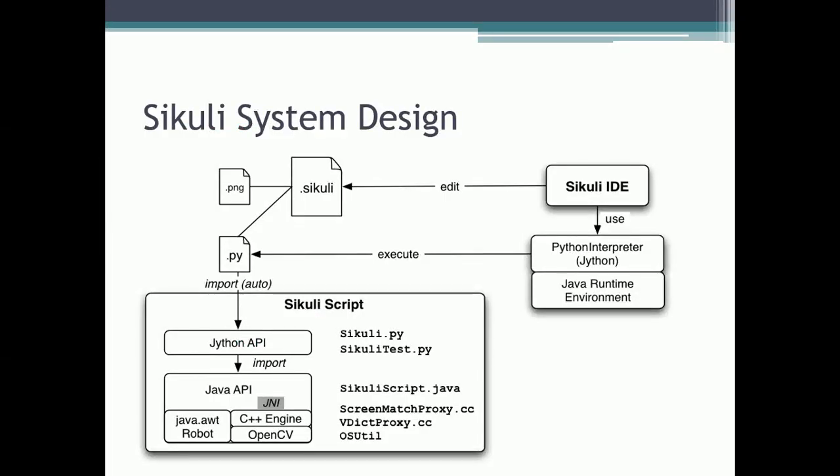CiCLI system design. When we save any script in CiCLI-X IDE, it will generate a .cicli script file, which is nothing but a directory that consists of the Python source file, that is .py, and all the image files, that is .png, used by the CiCLI script. All the images used in a CiCLI script are simply a path to the .png file that is stored in the .cicli bundle. Therefore, the Python source file can also be edited by any text editor.